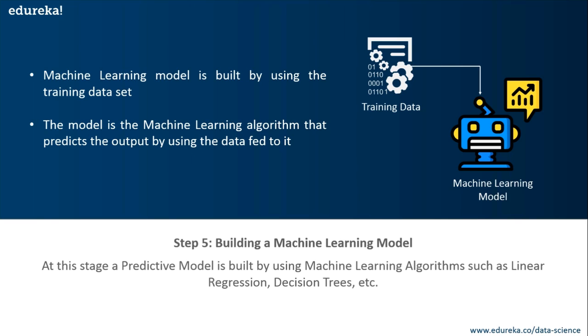Now in the case of predicting rainfall, since the output will be in the form of true or false, we can use a classification algorithm like logistic regression. Choosing the right algorithm depends on the type of problem you're trying to solve, the data set you have, and the level of complexity of the problem. So in the upcoming sections, we'll be discussing different types of problems that can be solved by using machine learning. So don't worry if you don't know what classification algorithm is and what logistic regression is. All you need to know is at this stage, you'll be building a machine learning model by using a machine learning algorithm and by using the training data set.